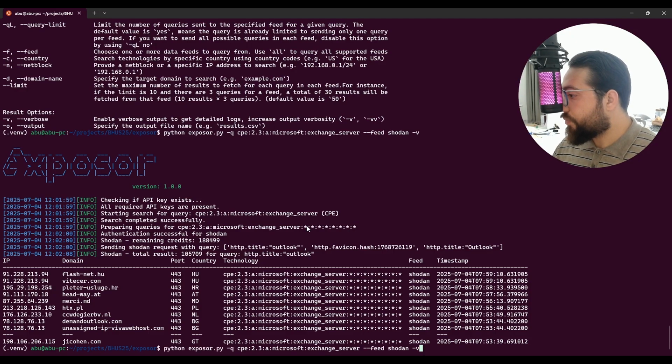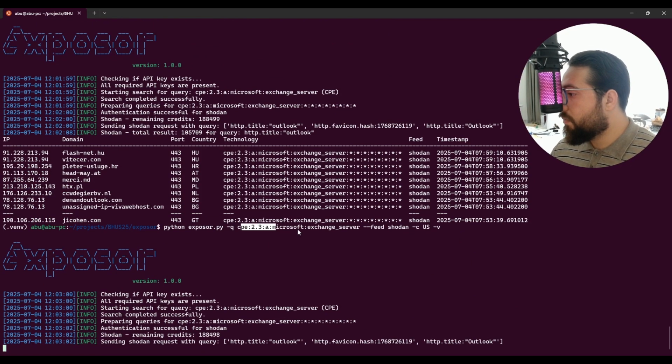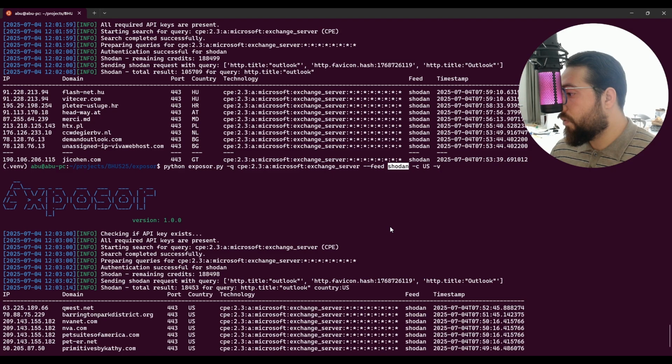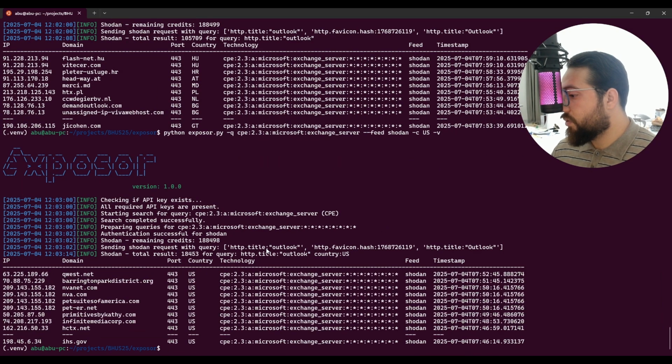Here you can also specify the country code by typing C USA, for example. So I want to see the Microsoft Exchange servers in the USA. It will find the assets in the USA in the feed that you mentioned. Right now I have Shodan here, but you can say all, and it will find all. So you see it's only in the USA, but you can also mention the net block for a specific